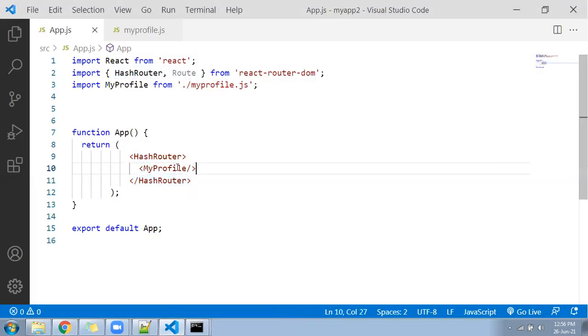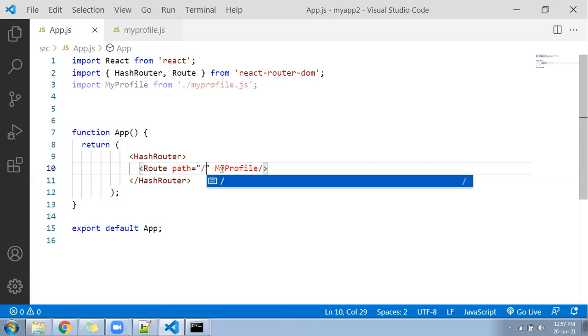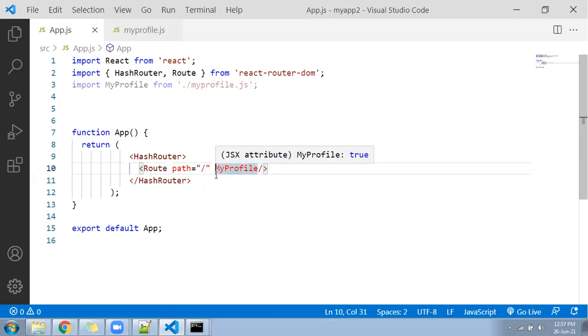Now coming down, we need to write here Route path equal to hash slash. Then if the path is a slash, then call a component equal to my profile component.